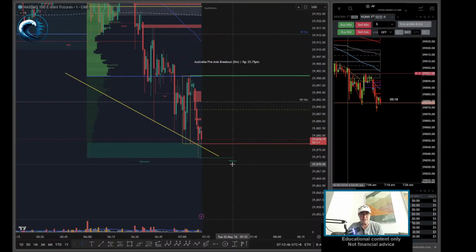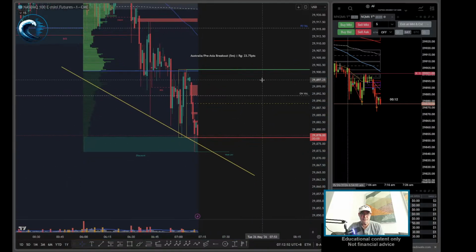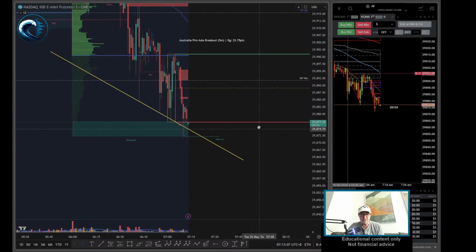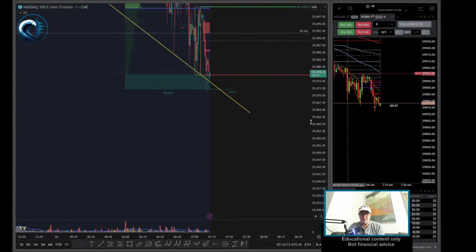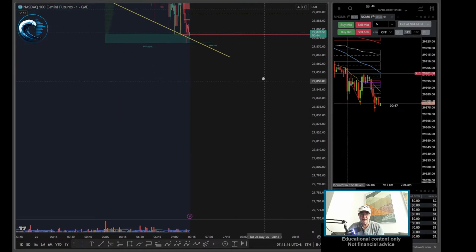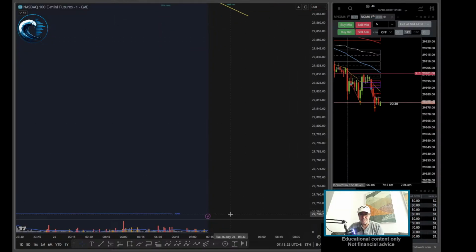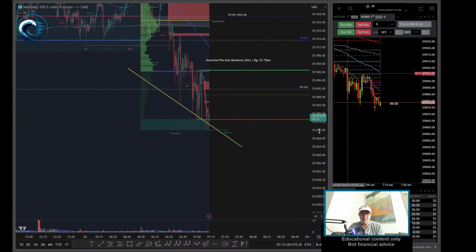So at the moment, structurally, the market is looking bearish. Right now the moves are down. I've had a couple of shots at it going up, but there's no structure setting up for highs at the moment. So maybe we are looking at going down lower. I just don't know where we're looking at targeting. We're a long way off these areas, but maybe that is where it wants to go. Okay, now